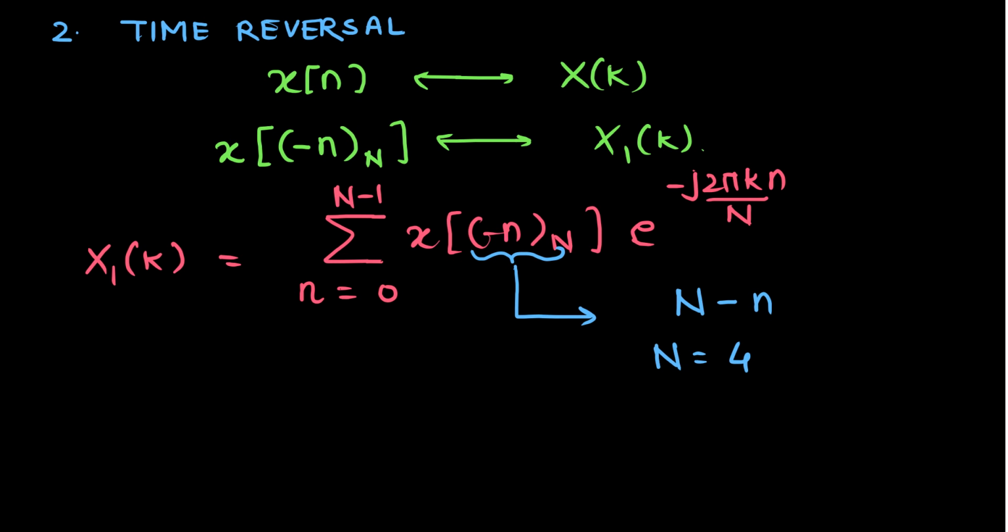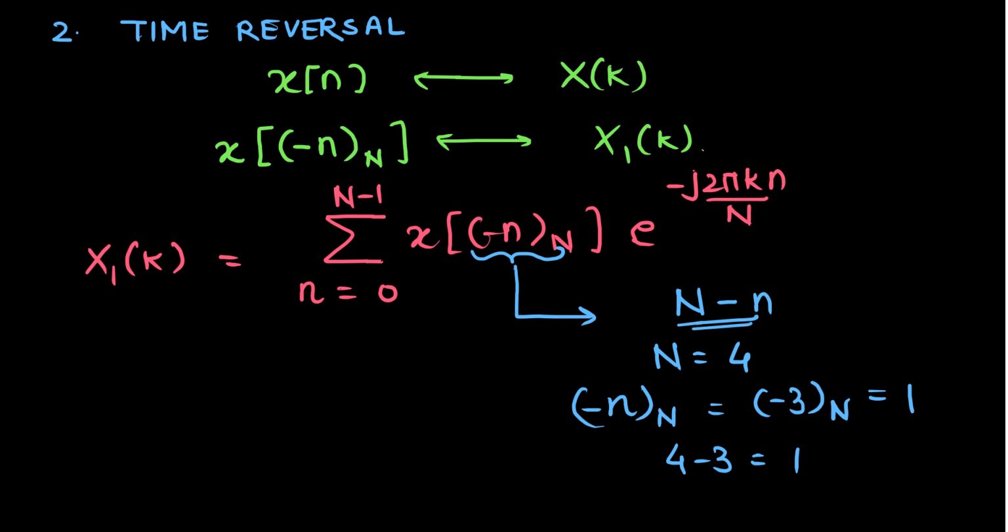So we need to find the value of minus n modulo N, which is equal to minus 3 modulo 4, and it comes out to be 1. And if we consider N minus 3, or in simple words, 4 minus 3, it is equal to 1. Therefore this modulo thing here can be represented simply by capital N minus n. Therefore what we have is